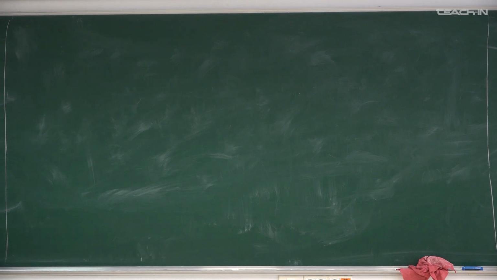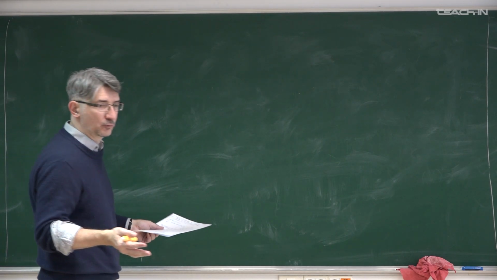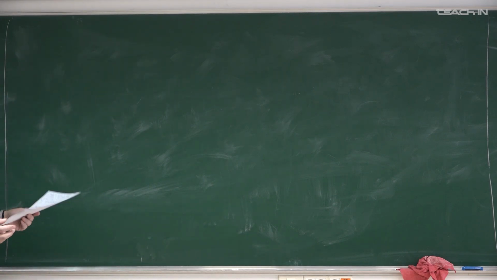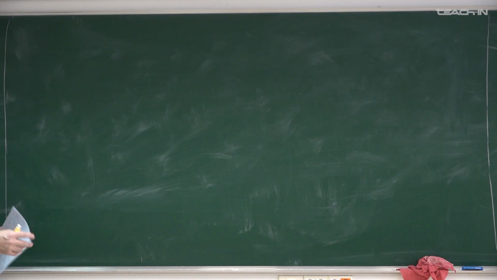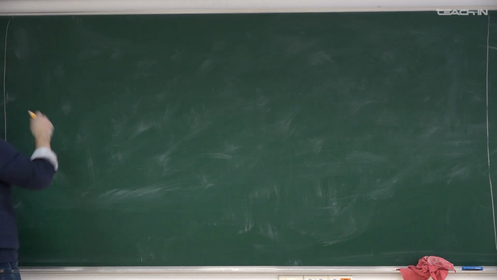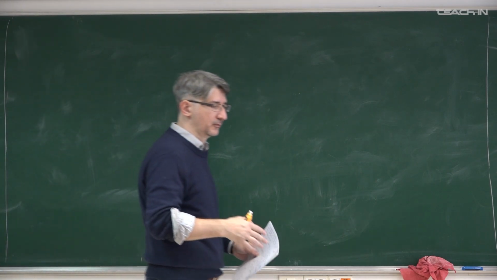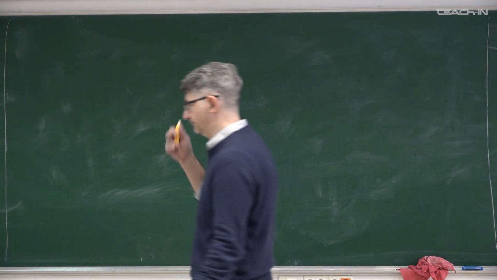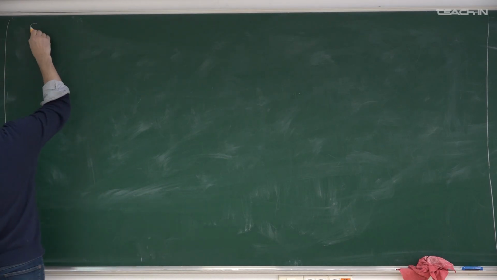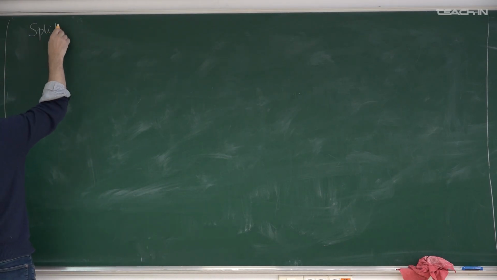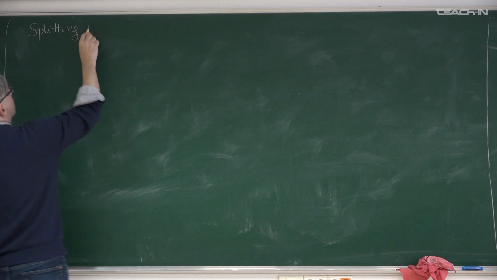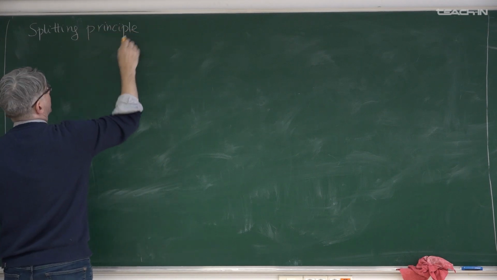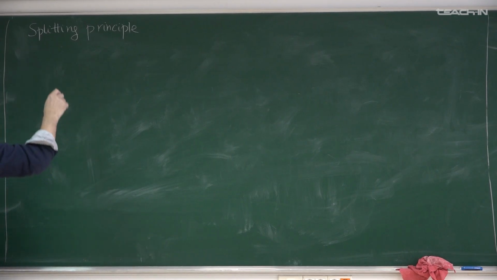So there are a couple of theorems which I don't want to prove by myself in this course because we have no time for it, but these theorems are very, very important. There are some specific tools to prove properties of characteristic classes, and one of them is the splitting principle. What does it mean? Assume we have a vector bundle.